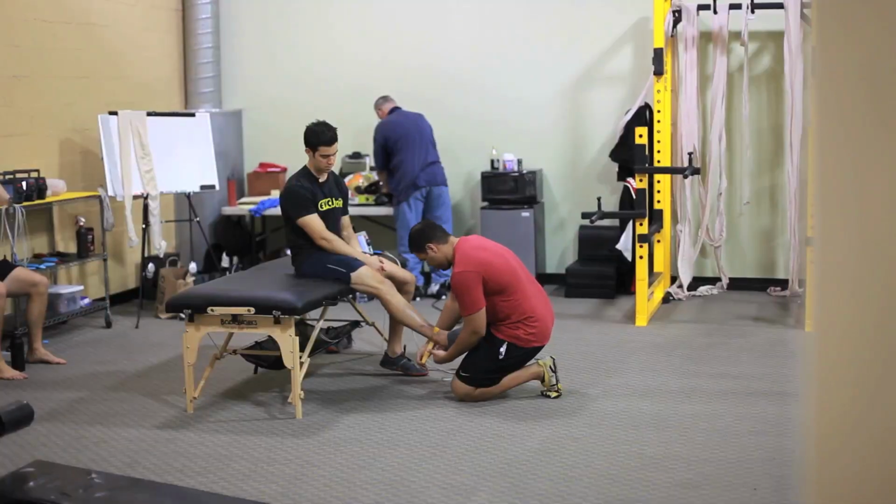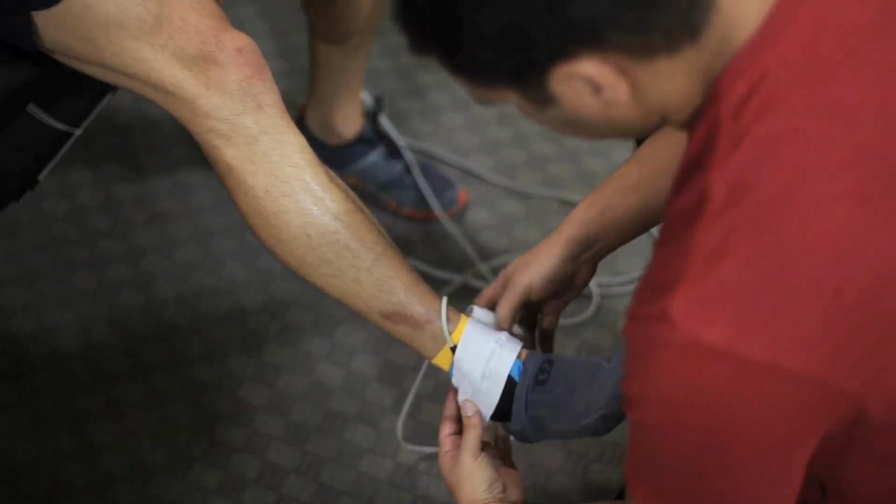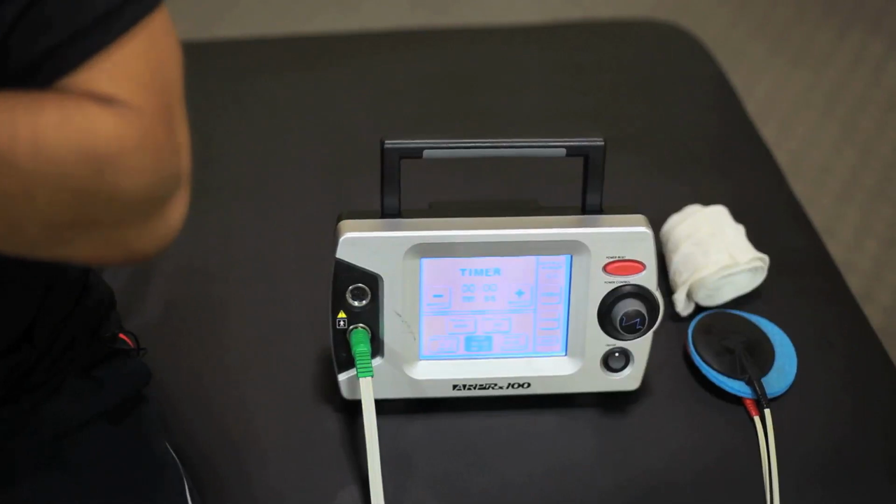I'd gone there for a few of my past injuries, a major one being a pec tear that I had. And I had great success with them. It was super effective, and I knew that was going to be the next step. Although I knew they had the solution for me, I knew it wasn't going to be the easiest approach to fixing the issue. What we did first, we used the ARP machine to help get the inflammation down,